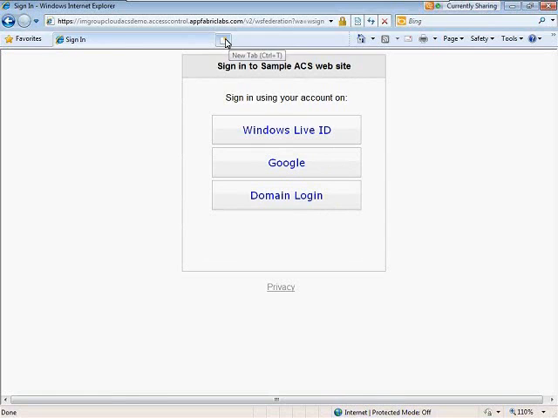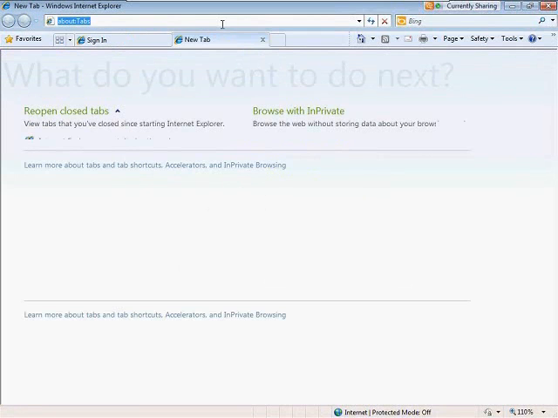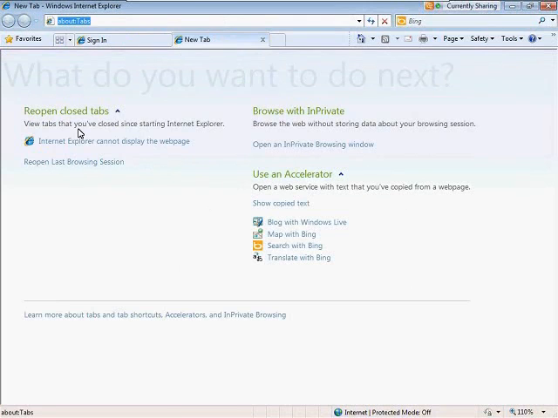So now if we go back and have a look into our access control,